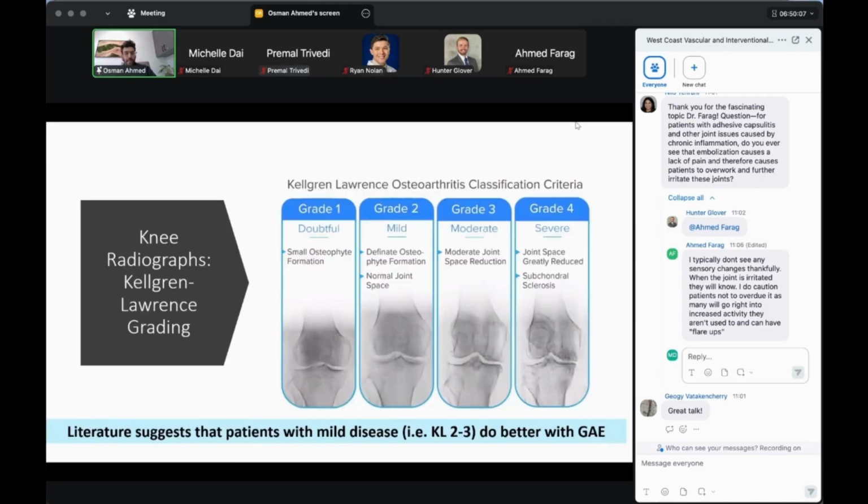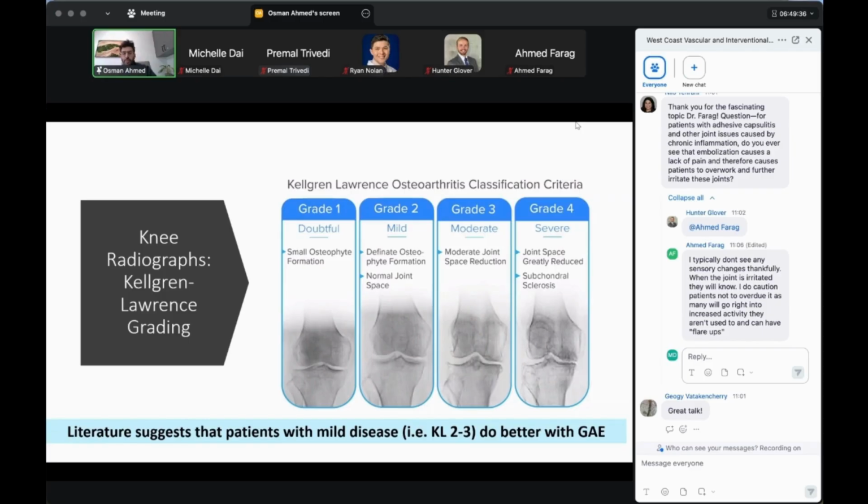As I mentioned, knee radiographs are how we currently grade the severity of knee OA. This has many limitations, but it's probably the easiest and simplest way to sort of do this. As you can see here, we use this grading classification called the Kellgren-Lawrence grading classification, with 4 being the worst. Essentially, it's bone on bone, where the bones actually touch each other. And grade 1 is essentially a normal knee joint. There's actually grade 0, which is truly normal, but 1 is essentially a normal knee.